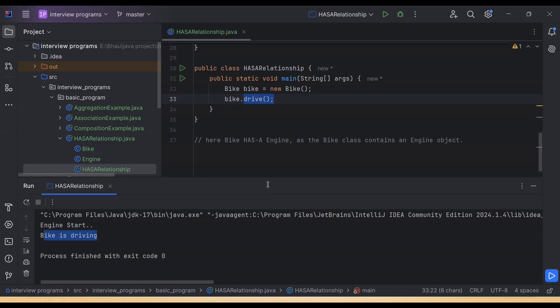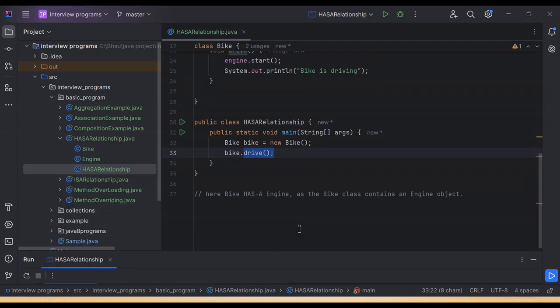So this is an example of a has-a relationship in Java. So Bike has an Engine, as the Bike class contains an Engine object. So this is how the has-a relationship is achieved in Java using composition. So next question we will see,